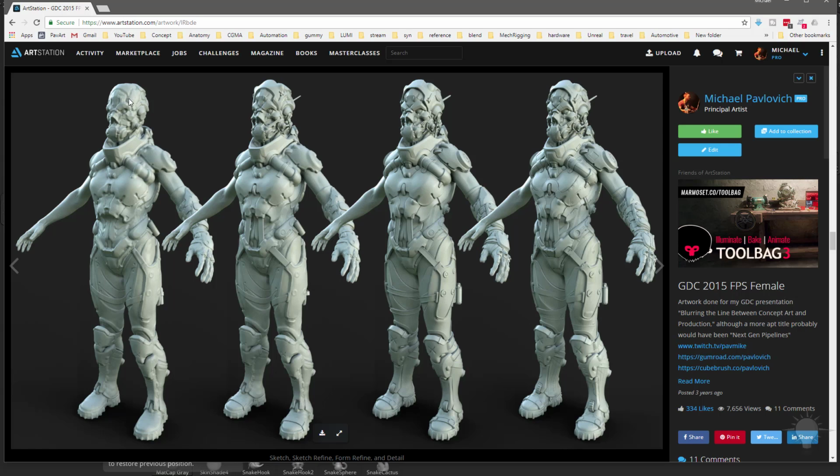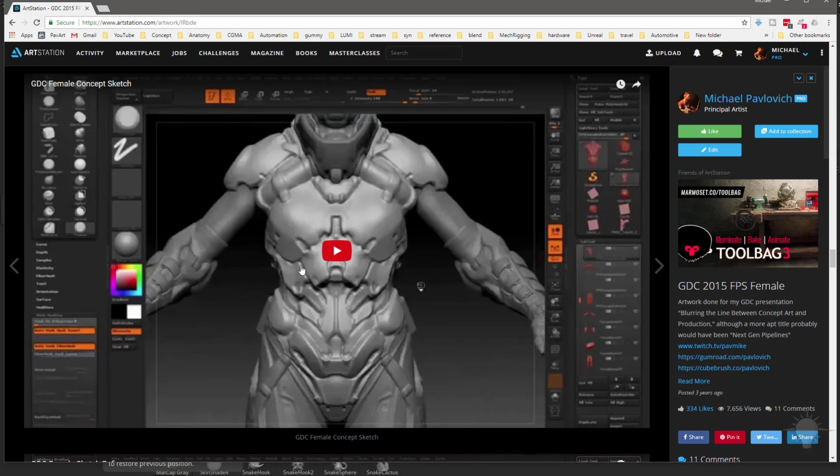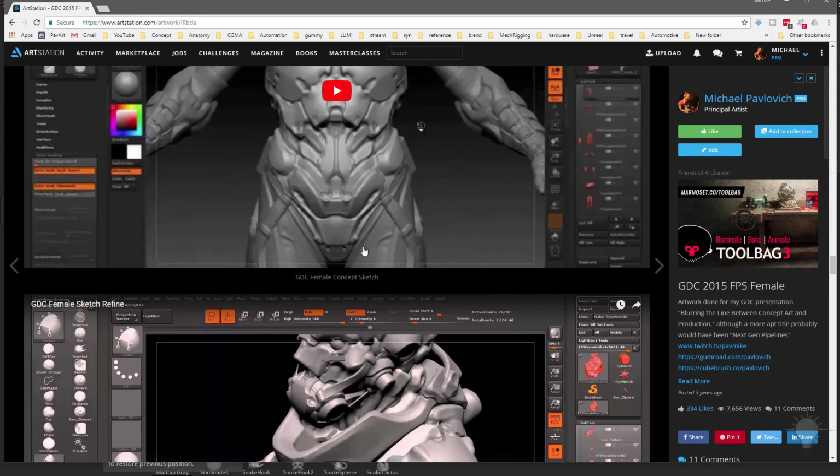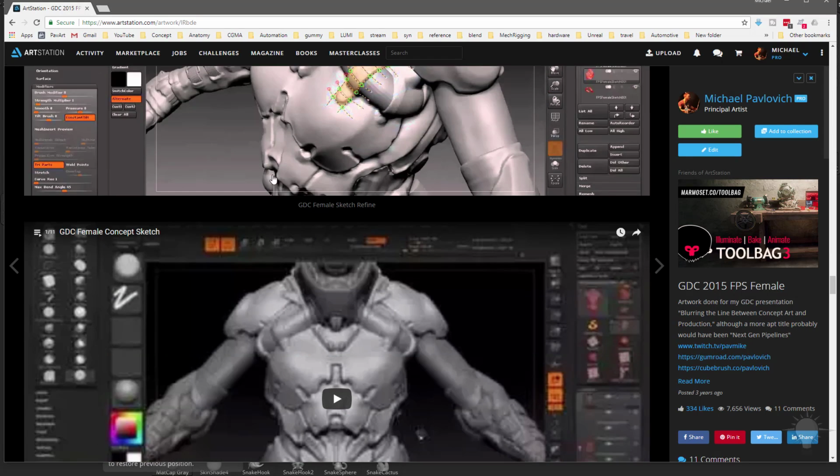What you can then do is go through here and extract these panels and start refining them to get your ideas a little bit clearer, start working out some of the functionality, and then past that point there's a million different ways to go in and refine and add details and Boolean meshes and all that good stuff to get you your final product. If you want to see the making of her, these are a little bit older, but the concept idea parts are all in these videos here.